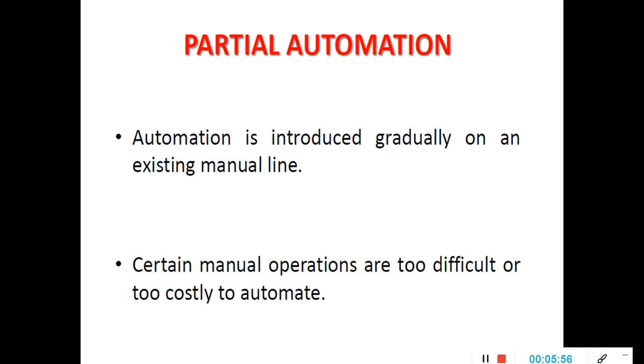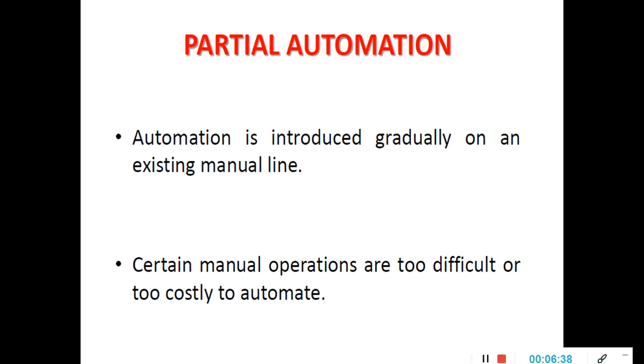The reason number one is it may be too costly. Reason number two is we do not require all the machines to be automated, because some parts are going to be manufactured with the traditional machines. Got the idea? Therefore, partial automation is nothing but only some parts of an industry are going to be automated. For example, if in the industry there are 10 machines, with 6 traditional machines and 4 automated machines, it is not possible to make all the machines automated, right? Therefore, partial automation is nothing but providing automation to only some machines.